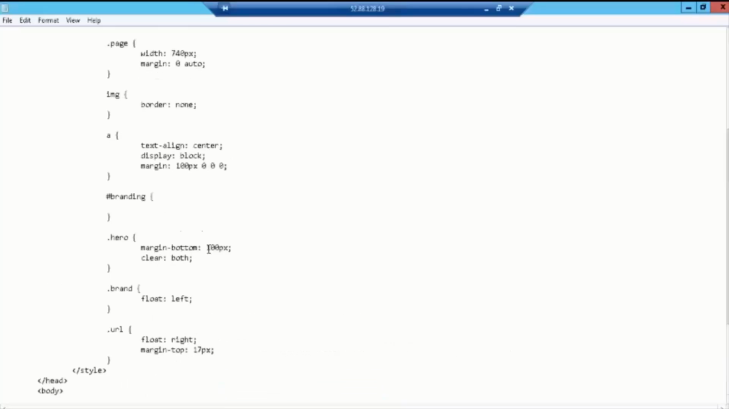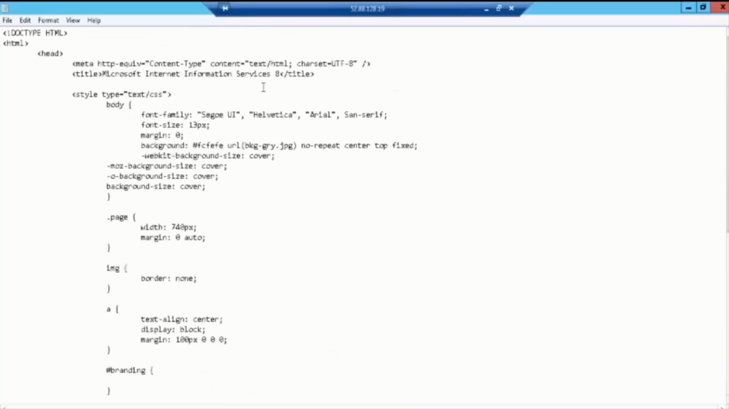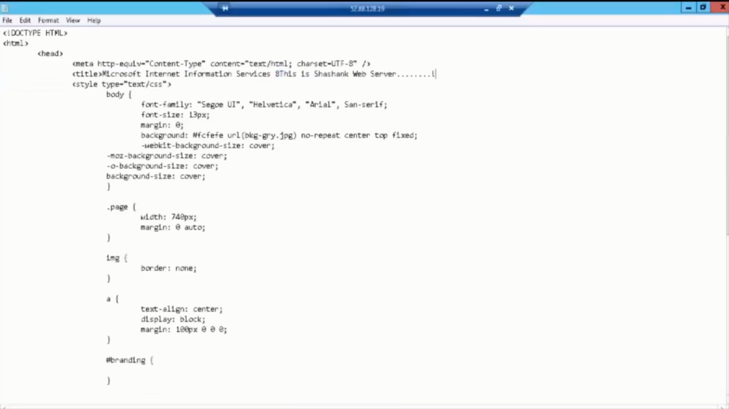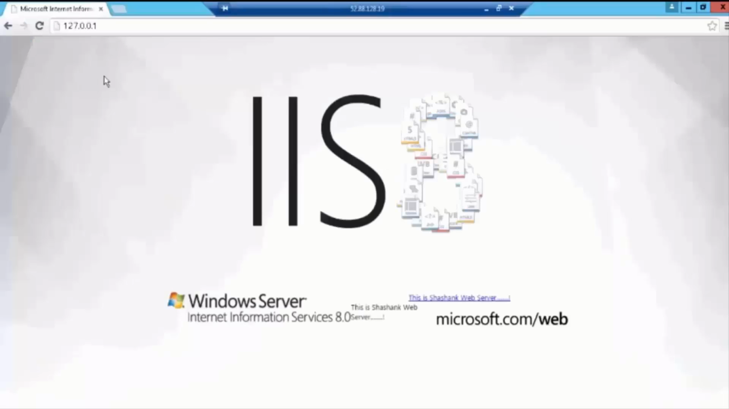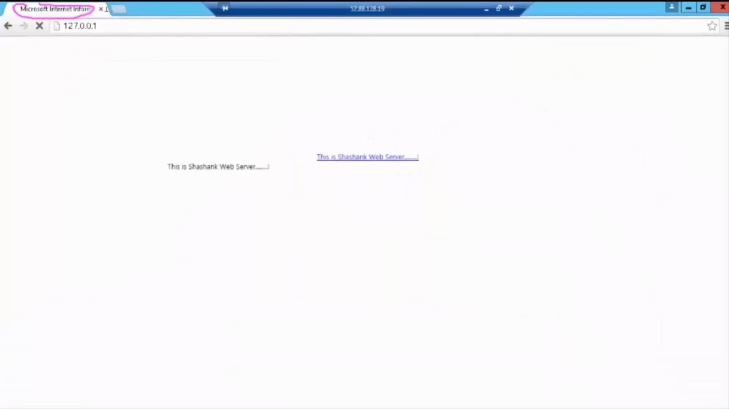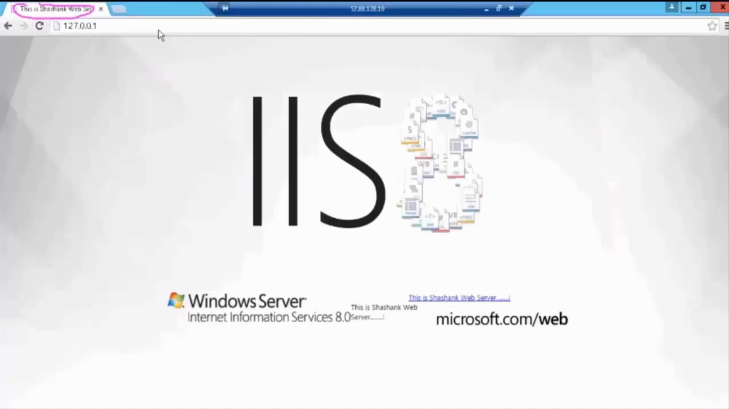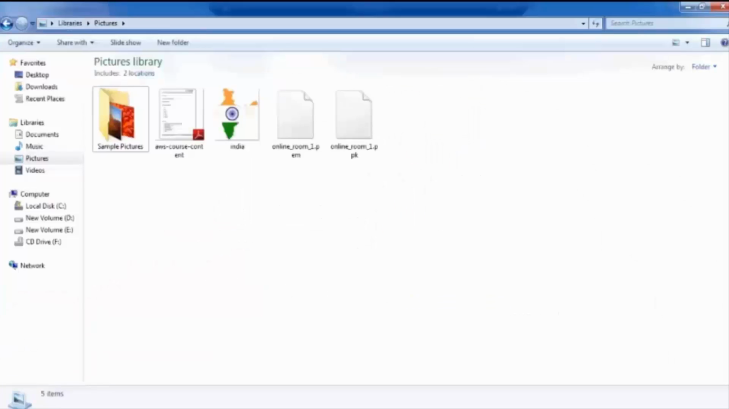and paste somewhere in the title bar, this is the title, and saving that. Right now if I refresh this, this particular area has been changed. See, this is the title, and if I press F5, just enter one more time, you can see this is the Sashank web server. Right. So this in web server or in IIS,